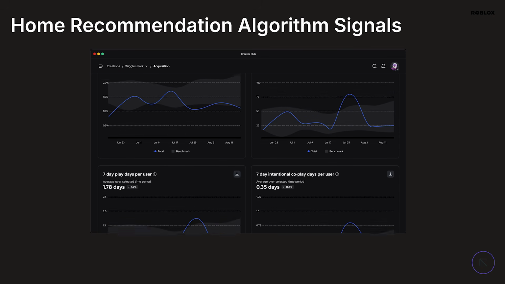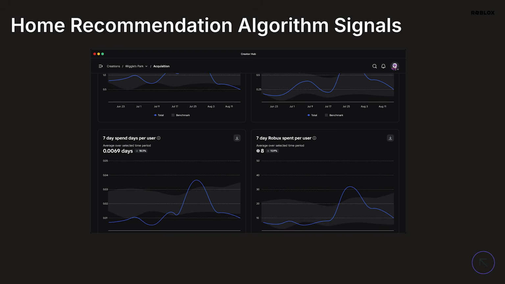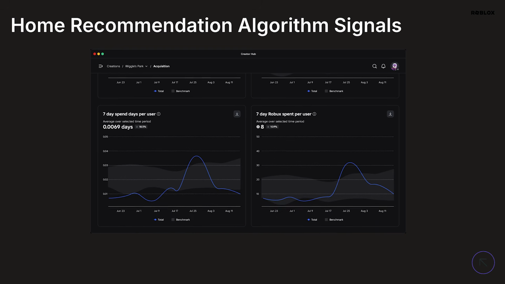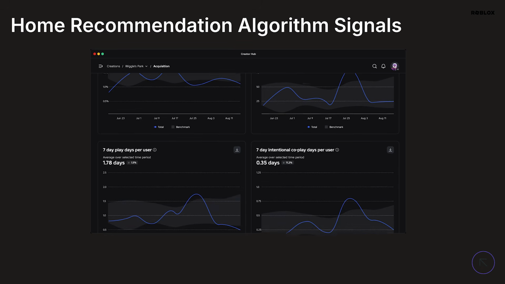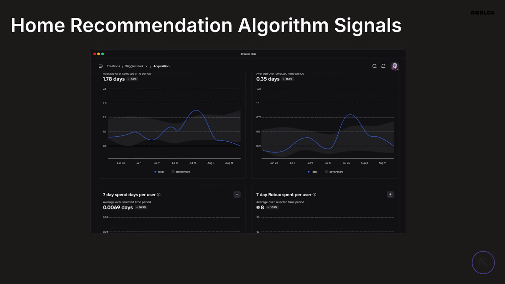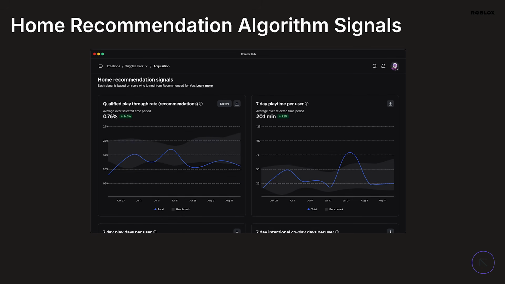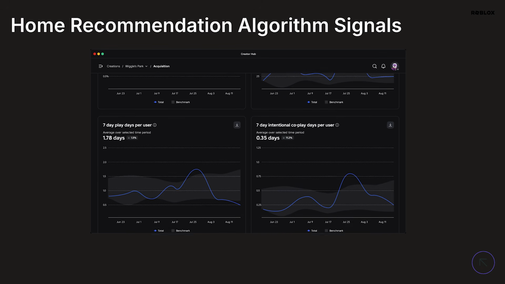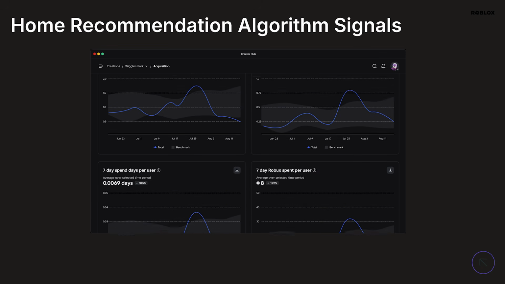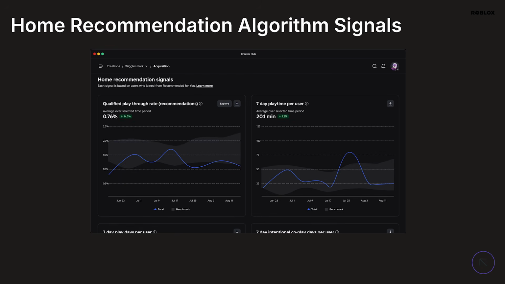Okay. So let's say my home recommendation signals are all pretty good. They're all pretty flat. They're not growing or declining, and I also haven't made any real game updates. But then for some reason, my home recommendation impressions just went down over the past week. So what's up with that? Got it. So you're saying basically you didn't make any changes, and your game has steady signals, all these 6 signals, but somehow your impressions are down 25-30%.